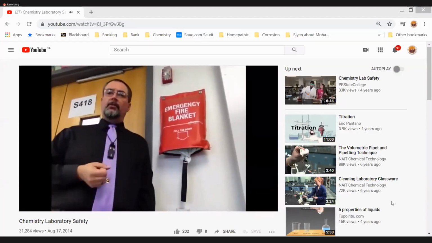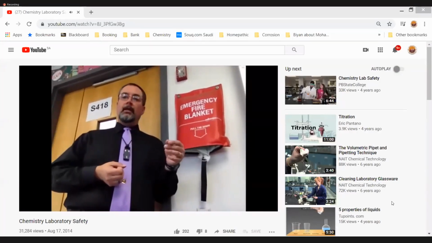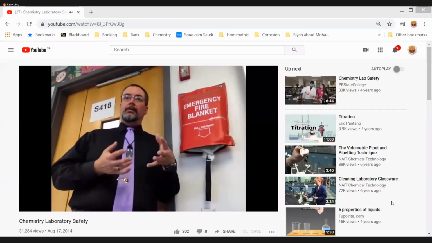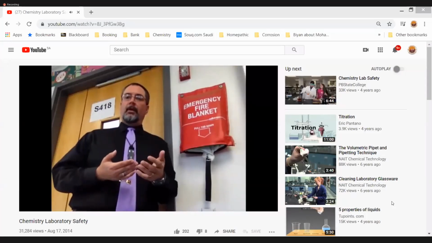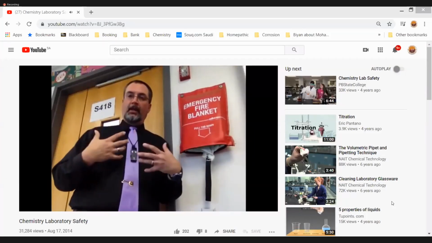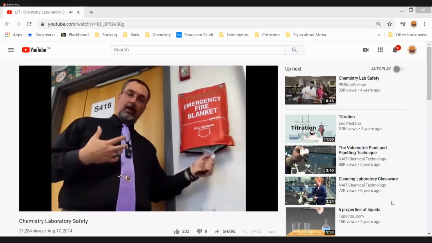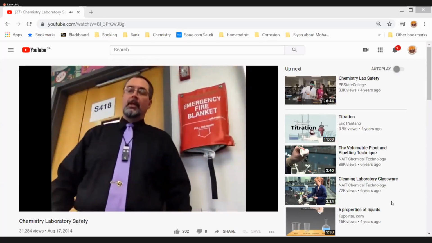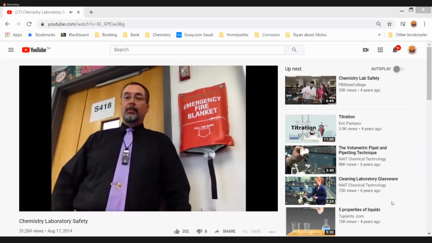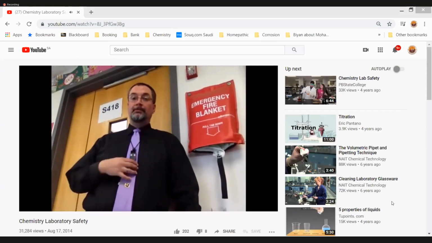The other piece of safety equipment in this classroom is a fire blanket. It's designed to help put out a fire. It's made of flame retardant material. It's designed to help put out a fire that's on somebody if they happen to catch fire in their clothing. You pull on this strap here, the blanket comes out, you wrap it around the person and smother the flames. It has never had to be used in my entire time here at Edgewood, so I'm not expecting that it's going to have to be, but if it is, it's right by the door of the room and you'll be able to see it pretty easily.